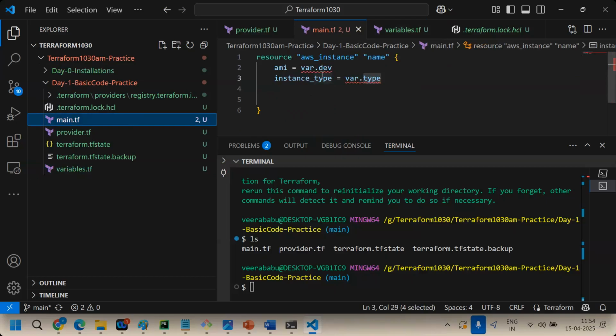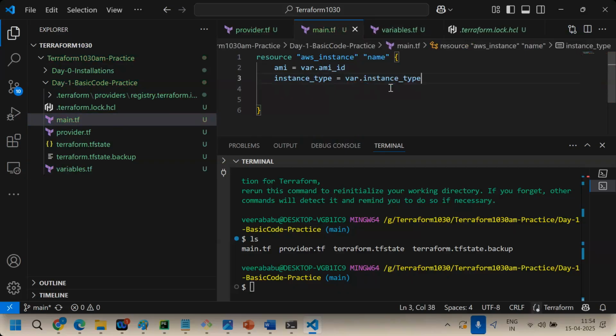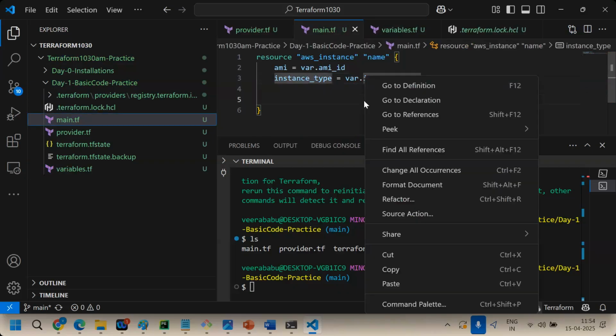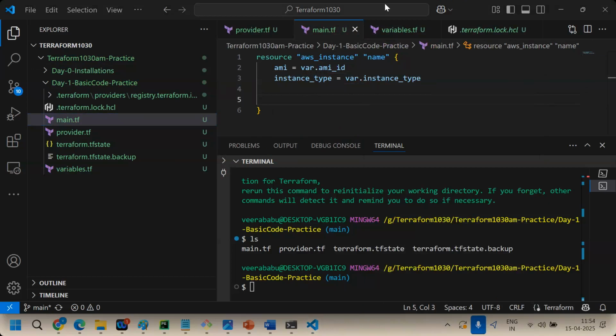That's why var.dev is not declared anywhere. What I have declared is AMI ID. Same with var.type, not declared anywhere. What I have declared is instance type. That's it, how to write variables. Correct.